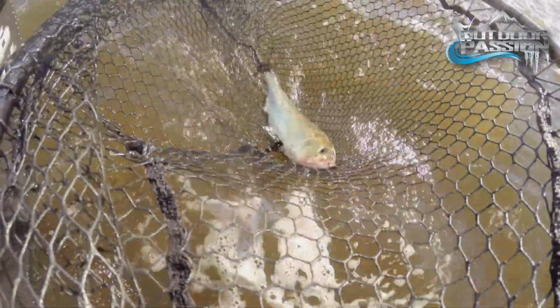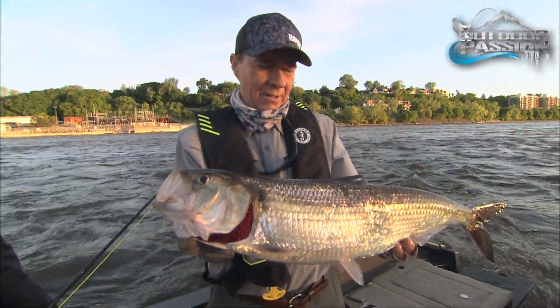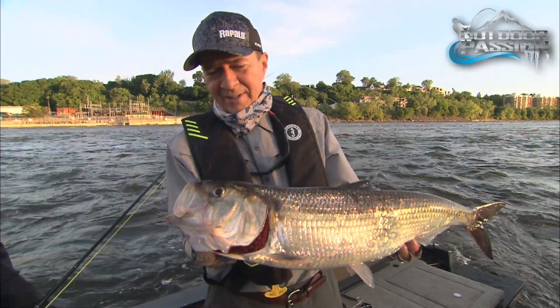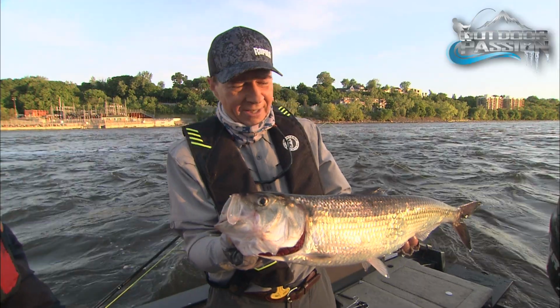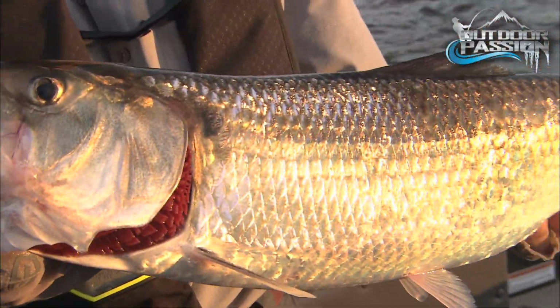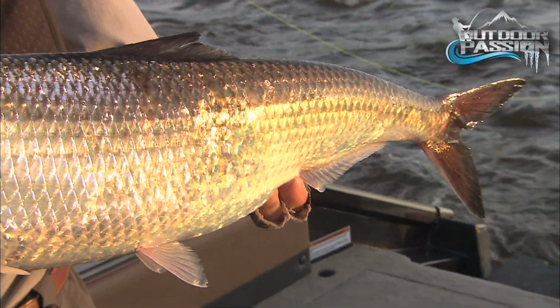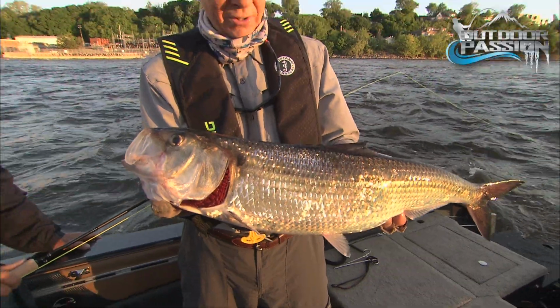With strong current, finding the correct jig weight becomes a challenge. In fast water, you'll need to bulk up on the jig size to help it go down near the bottom. Going too heavily will just get you snagged up. Some guys switch over to the drop shot rig so they can keep the hook above the bottom and out of the snags. If you tangle up with the drop shot, hopefully you'll just lose the lead weight and not